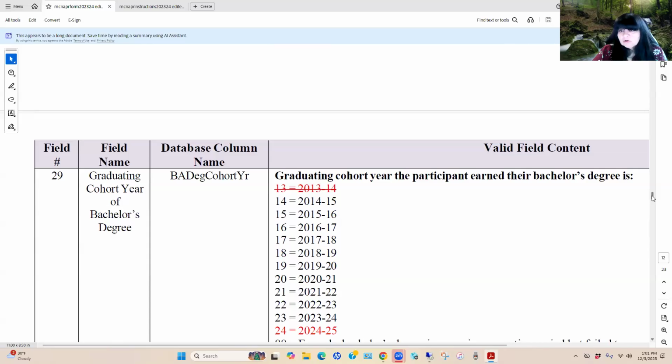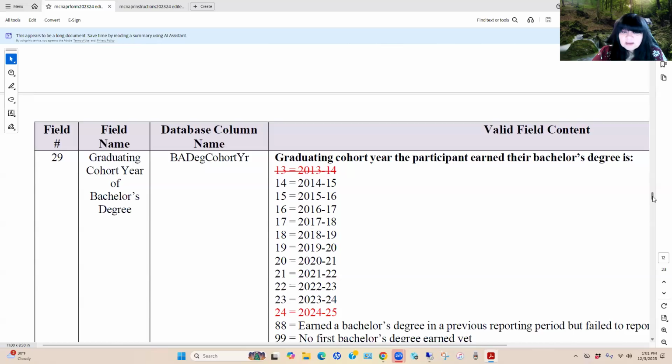If the student earned their bachelor's within the 24-25 reporting period, then when the APR instructions come out, we'll see that an option number 24 is going to be added to allow us to respond that the student is now being placed in this 24 cohort, meaning that they earned their bachelor's degree in 24-25.